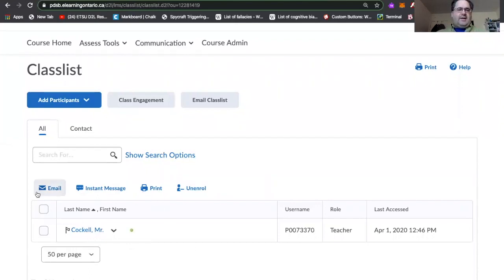Now, this particular feature has some other useful things to it that are important for online teaching, that I quickly want to point out to you. First of all, at the side here, it indicates the last time that the student accessed the site. So if you look there, you can actually see if the students are coming and looking at your site. It's not foolproof, it doesn't tell you how long they were on there, but it does at least give you the indication of whether they've seen any of your stuff or whether they've disappeared and you need to go and look for them,